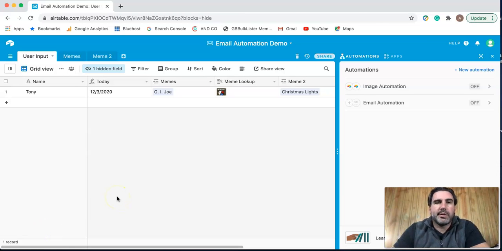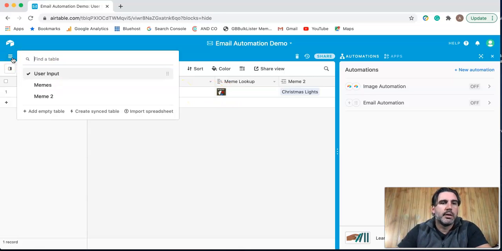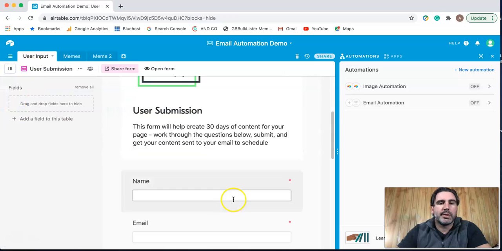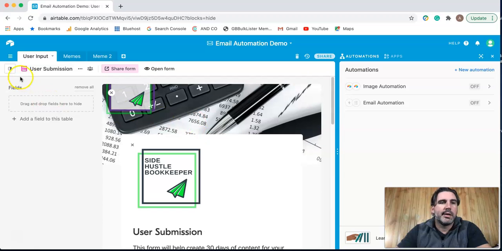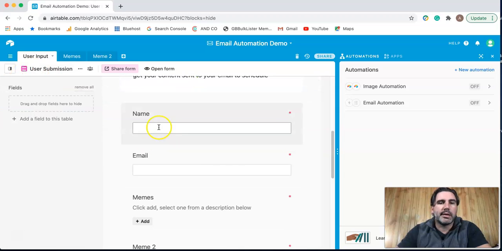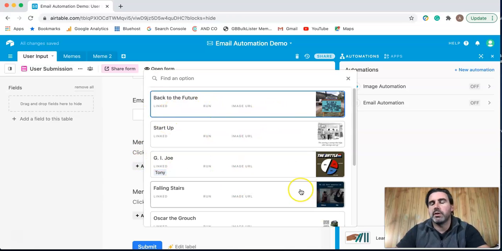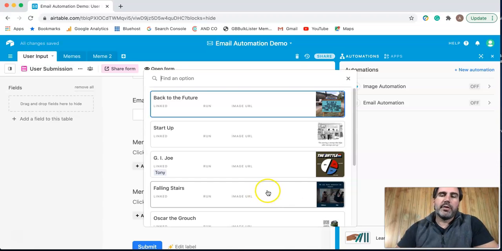Okay, so we're gonna do a little email automation here, and I want to email a picture. As part of a larger project that I did, I ran into this problem where I was trying to email this picture out. Through the view here, users complete a form, and as part of that,